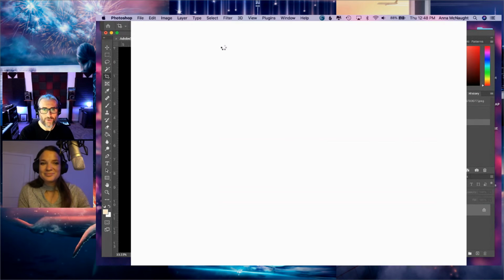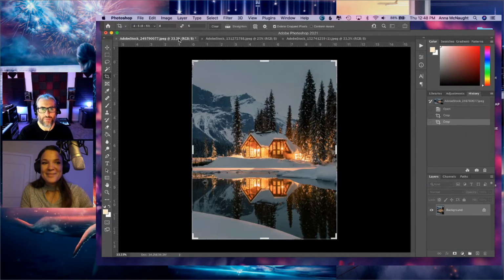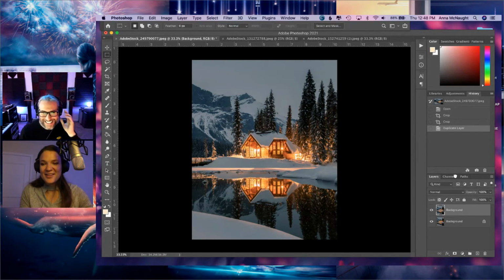Awesome. Both of those were making me think that they would be great candidates. We were talking about the new sky replacement in Photoshop. You can import, we give you a whole bunch of different skies. Of course, you can import your own. So it would be interesting to see, like you were talking about the pink sky, how it would do with masking the tree line and the mountain line. I'd love to actually try that today, although you're going to have to teach me a little bit too.